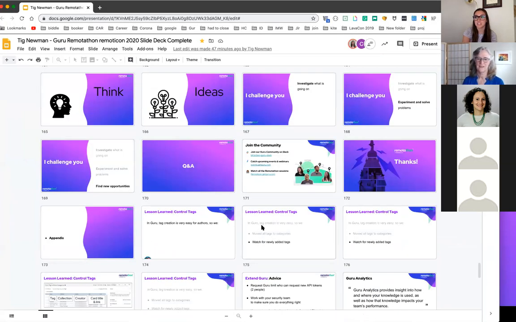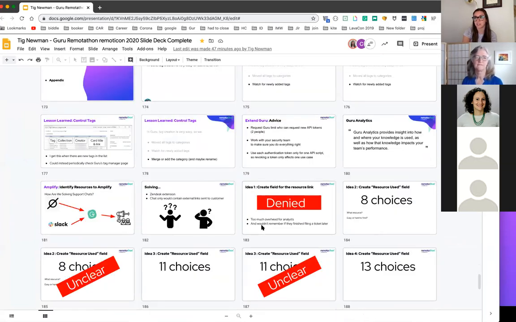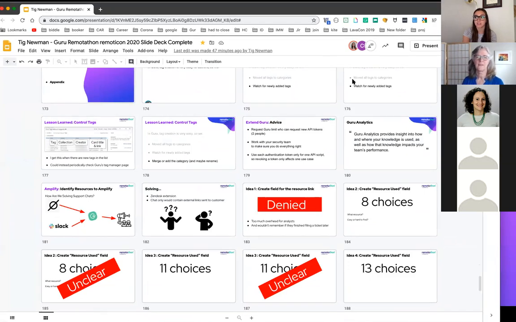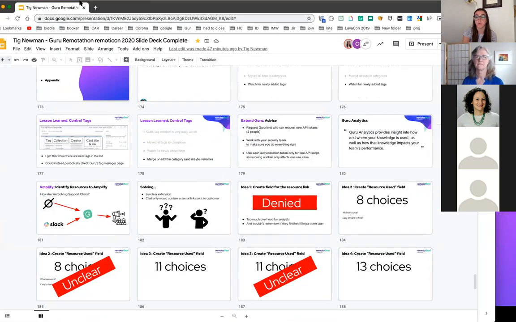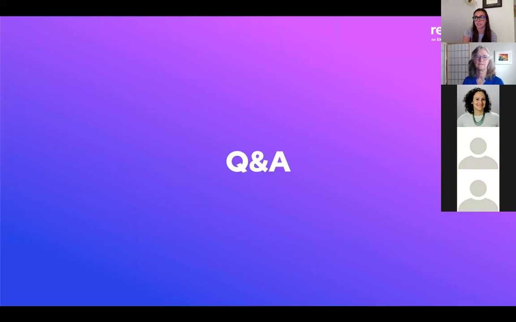So first question, Tig, you mentioned in the Amplify section that you are tracking how chats are solved so that you can move knowledge into Guru or from Guru into public-facing documentation. How are you tracking that? Yeah, so fairly, right, it was months ago, 8 months ago or so, I asked for a field to be added in our support chats for how people solved it, the Guru card they solved, or link to a Slack channel or whatever.